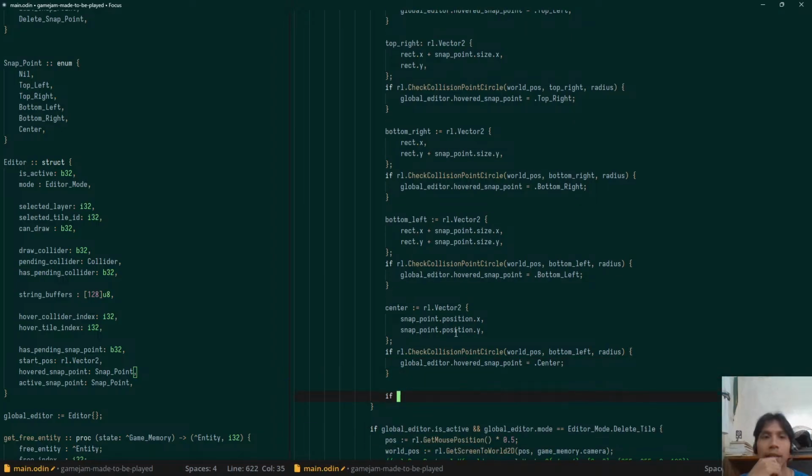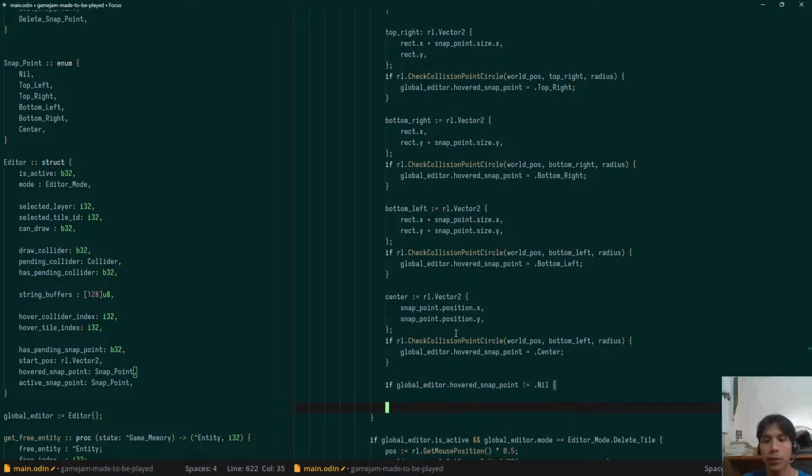If we hover something, if the hovered snap point is not nil, it means we hover something, I mean the top left or top right or bottom left, bottom right, center,